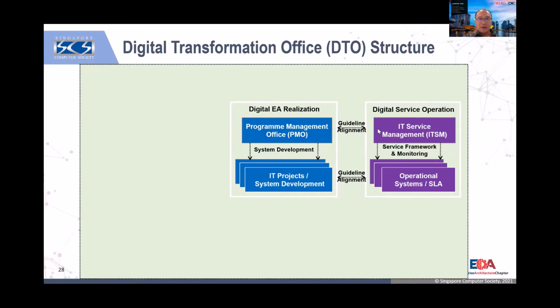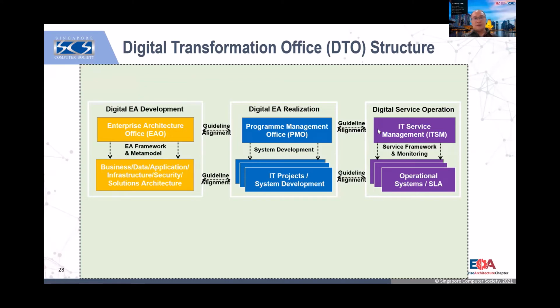So typically, if I splash this PMO and ITSM, you are quite familiar. PMO is running multiple projects. ITSM is basically about digital service, managing the SLA, etc. What many organizations are lacking today, which the skill framework provides in detail, is how you set up the enterprise architecture office. What is the job scope? How do you assign architects into initiatives, managing key stakeholders, strategy, etc.? Typically there will be multiple architects: business, data, application, infrastructure, security, solution architects, etc.